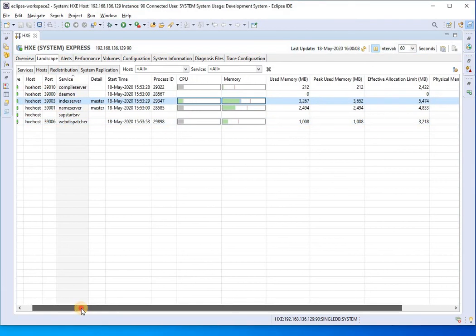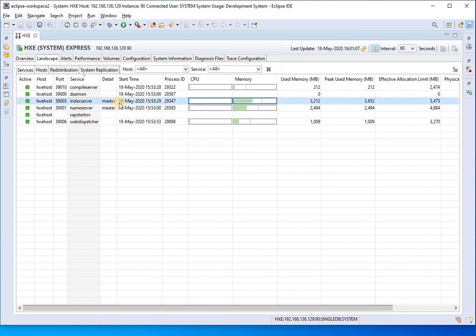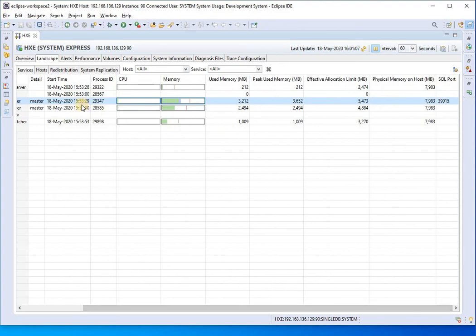We can look at the utilization of memory by each server component. So we can see the index server, which is the main component of SAP HANA system, is utilizing more memory because all the data and the logs are stored in the index server.